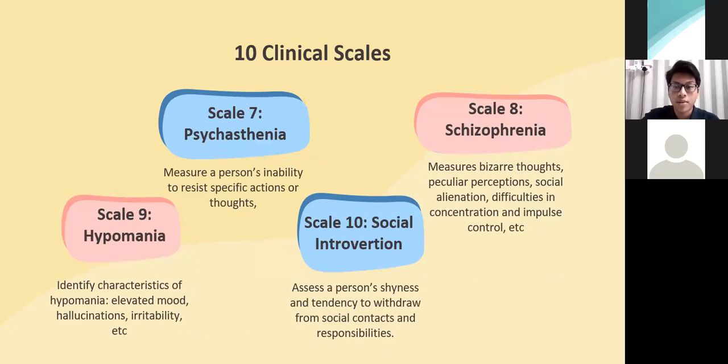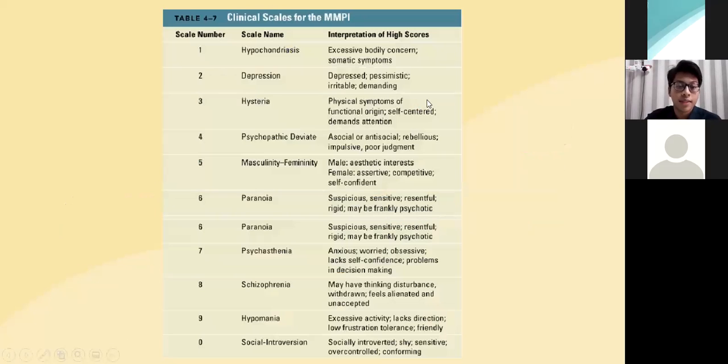Scale 7 is to assess psychasthenia, which measures a person's inability to resist specific actions or thoughts. So today, this scale is more reflective of anxiety, depression, and obsessive compulsive disorder. Scales 8, 9, and 10 measure schizophrenia, hypomania, and social introversion, respectively. Okay, next. So this is the summary of the 10 clinical scales in MMPI, and also how we interpret a high